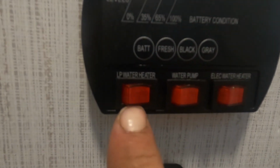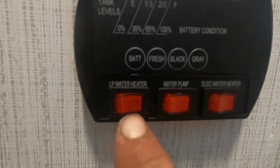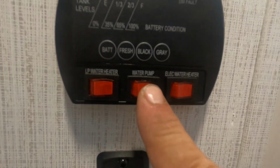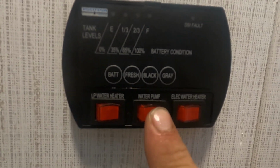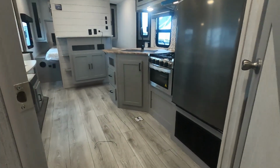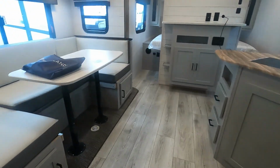Here's where you turn on your water heater if hooked up to gas, your water heater if hooked up to electric. It does make a difference. And then in the middle is where you turn on your water pump when utilizing your potable water. Coming into our living room,